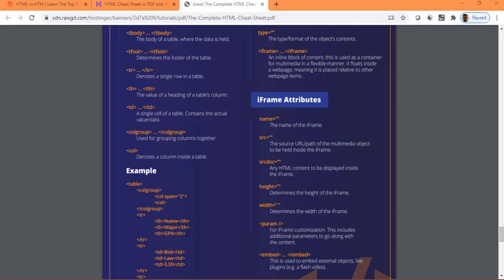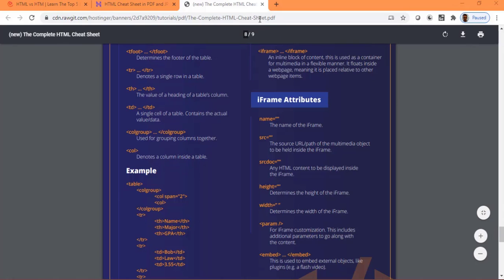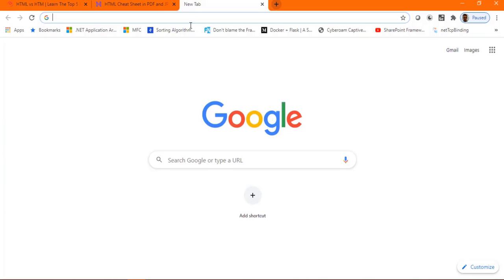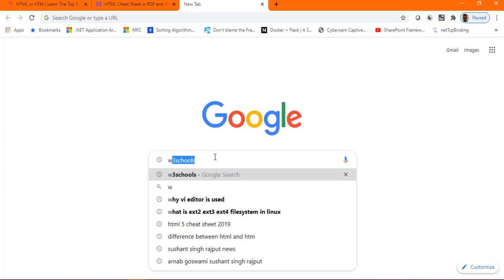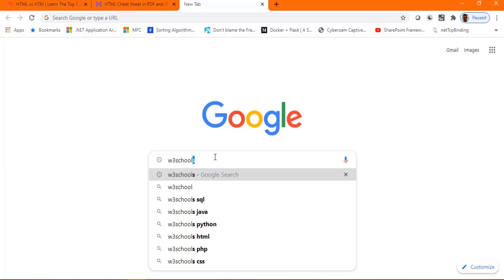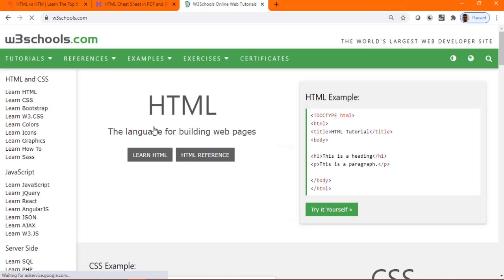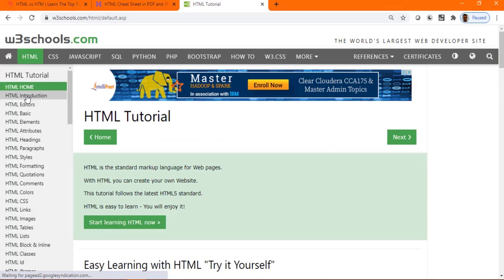But I said, how do I go about this learning? Simple thing: w3schools.com. W3Schools online web tutorials. Now any particular HTML element you want to learn, you just select the option called Learn HTML. And fine, how do I use headings? HTML headings. I want to get a heading like this. I want to get a heading like this. How do I do it here?